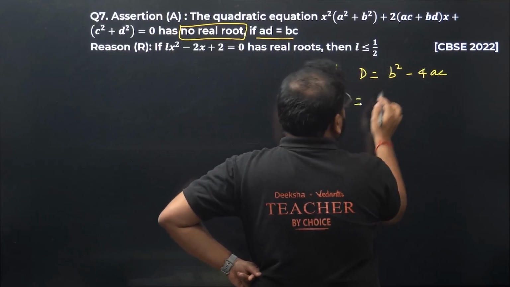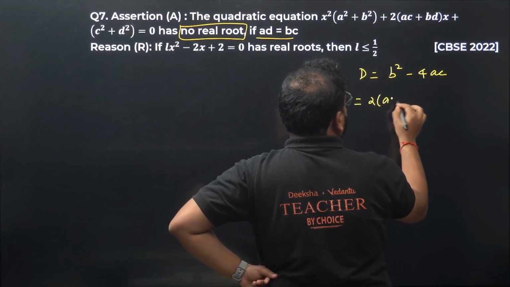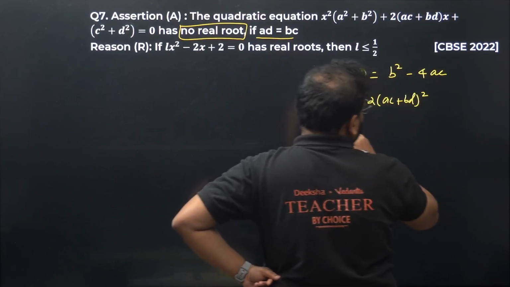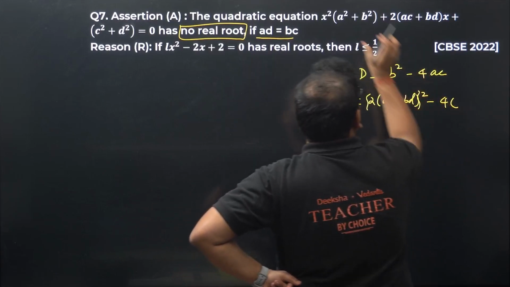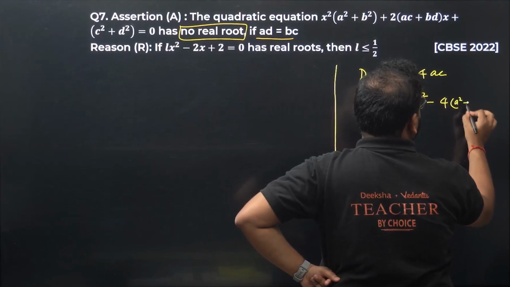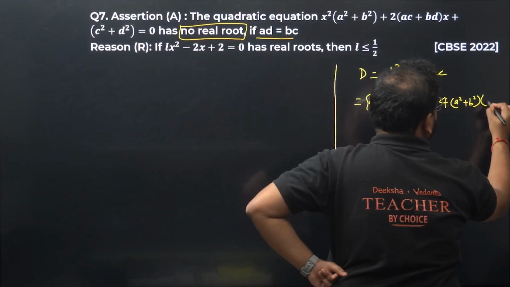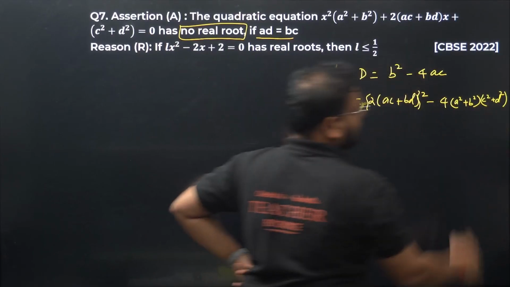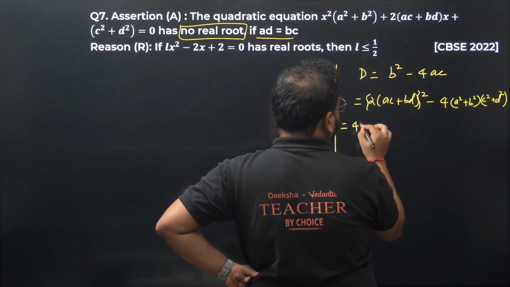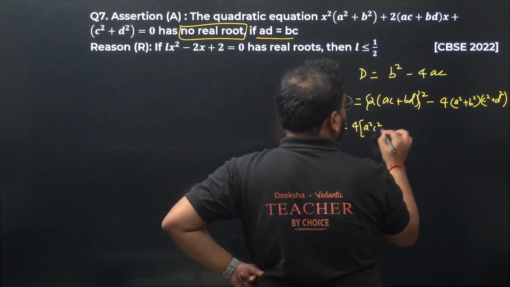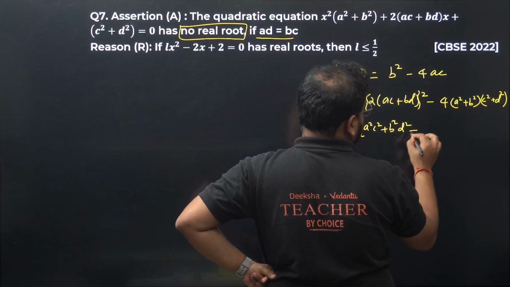Use it over here. What is the square of B? B term is over here, right? This is my B term. So twice of AC plus BD the whole square. That's my B square minus 4 times of A. What is the A term over here? We have A square plus B square. What is my C term? Here, C square plus D square. Okay, clear. Expand, you get 4 times of A square, C square, B square, D square